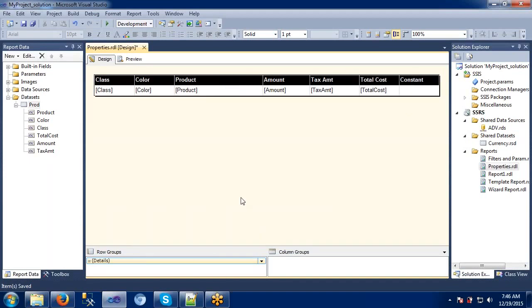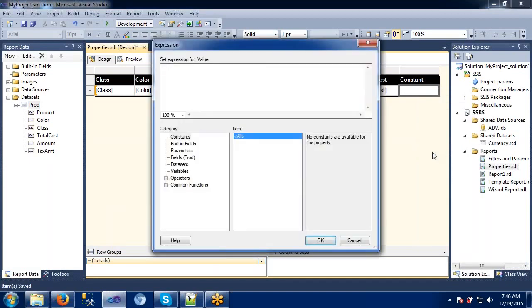Okay, so this is now a plain report we are using. In that I have created one column which is some constant here. In this constant I am going to have an expression. Constant means whichever value we are giving, it won't be changed here, right?